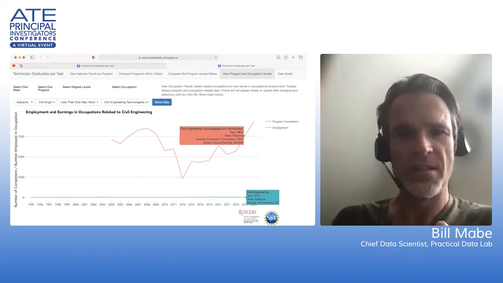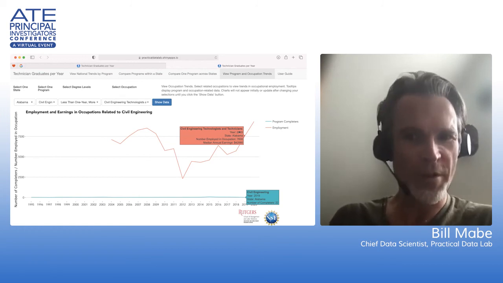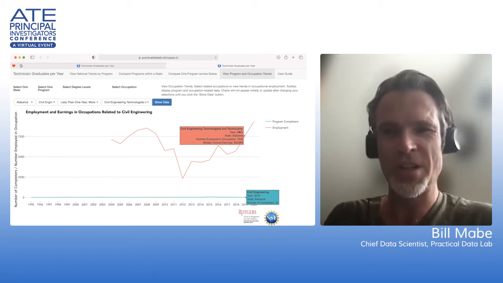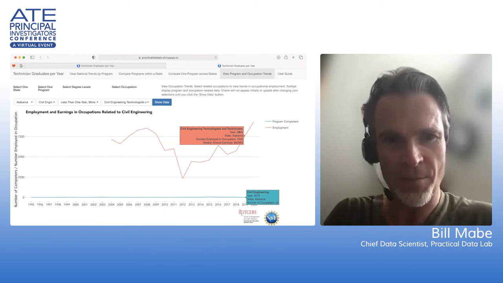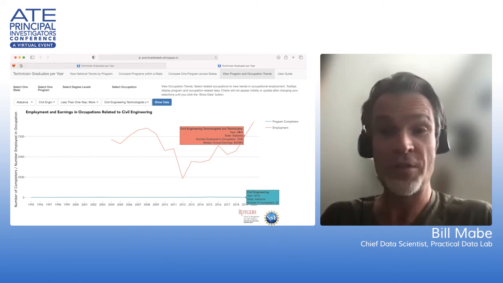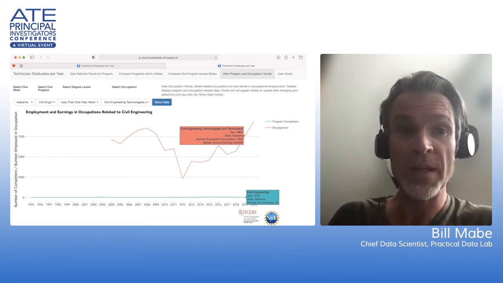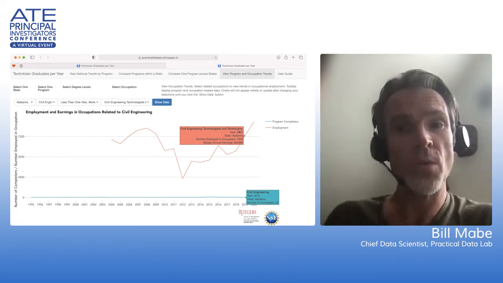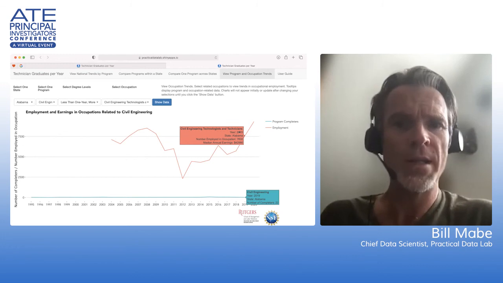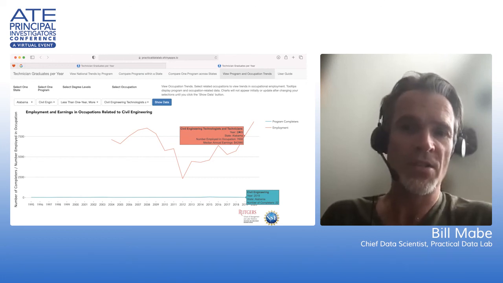The comparison to the number trained obviously isn't super informative, because given how many people work in an occupation, for all of these training programs you're going to see a flat line, right? Because what might be a lot of variation over time, from 100 down to 22, or from 50 to 22, is dwarfed by what's shown in the employment part. But we think this is useful because it gives you a chance to see what demand is like, what the salaries are like, and what the number employed is like in occupations that are related to some of these